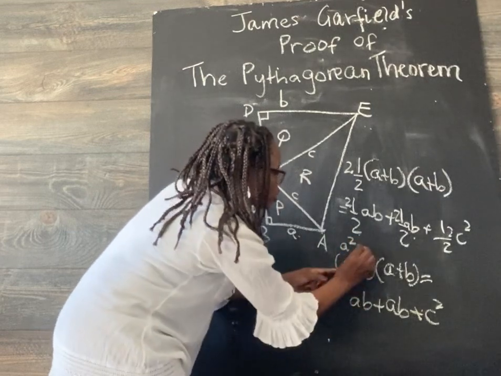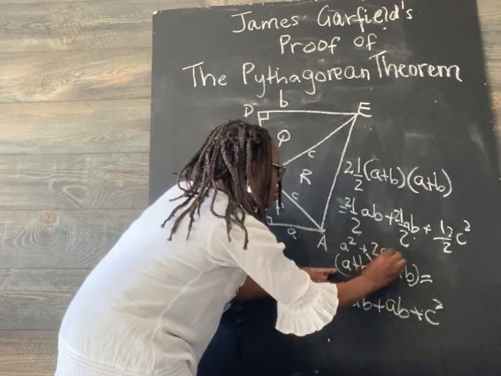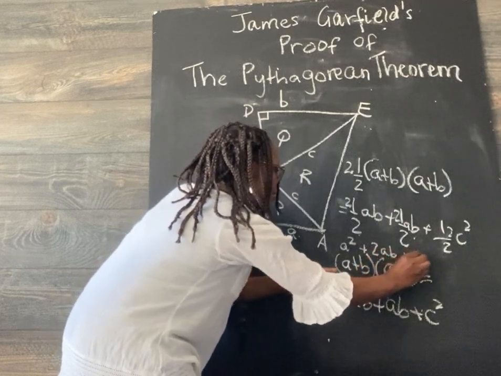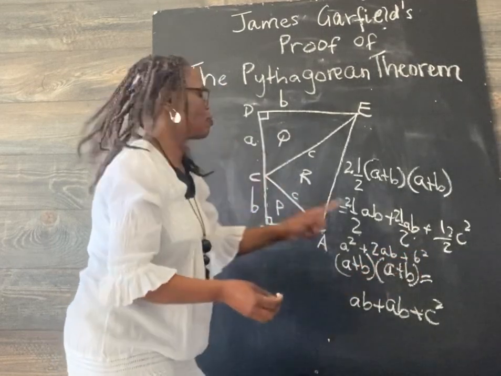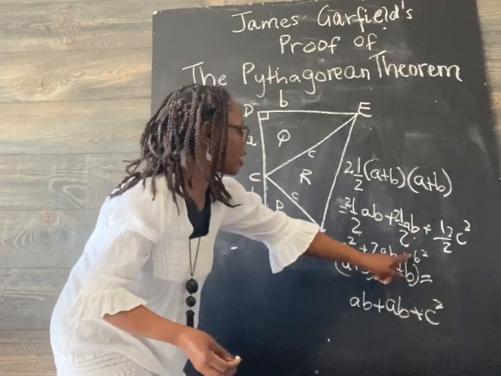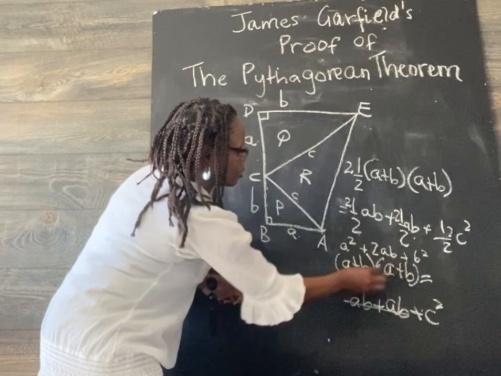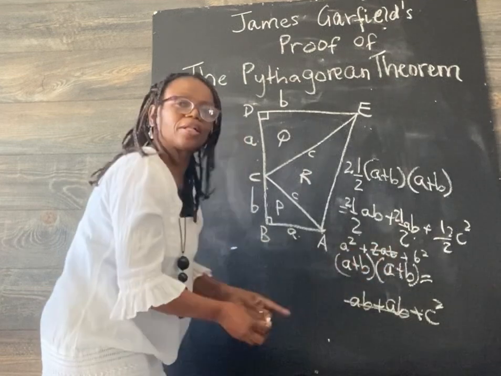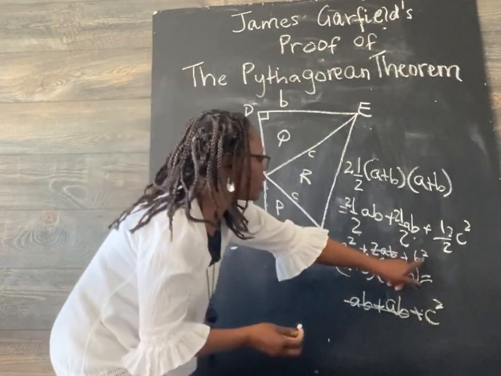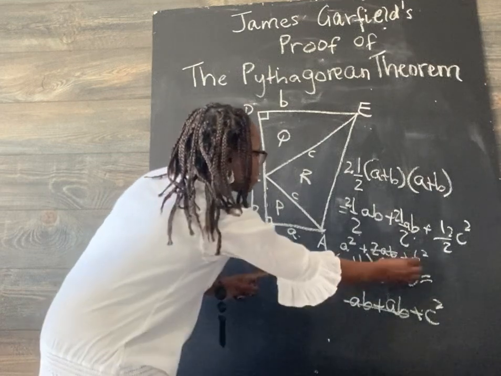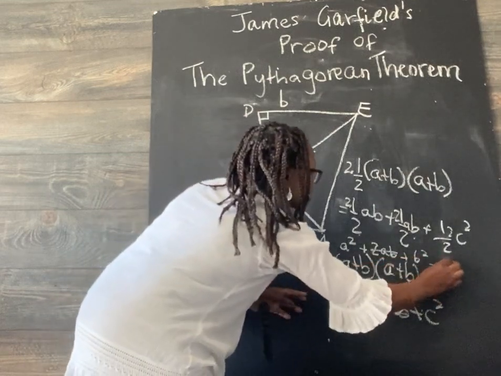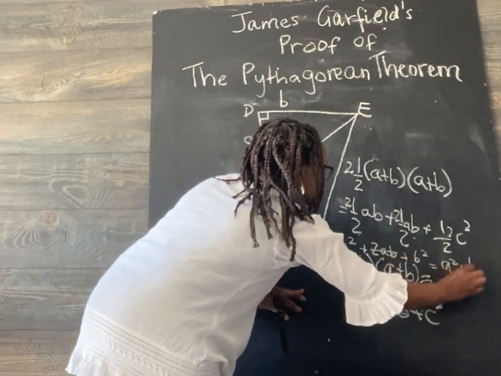right? Plus 2AB plus B squared. If you follow this thing out, that's what you'll get. So these two ABs cancel, right? And those cancel as well. And as you can tell, we have A squared plus B squared right over there. A squared plus B squared